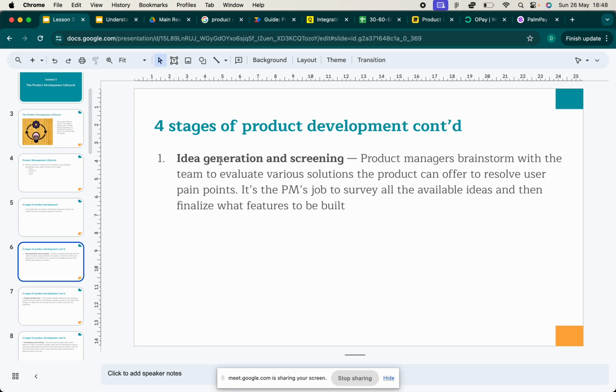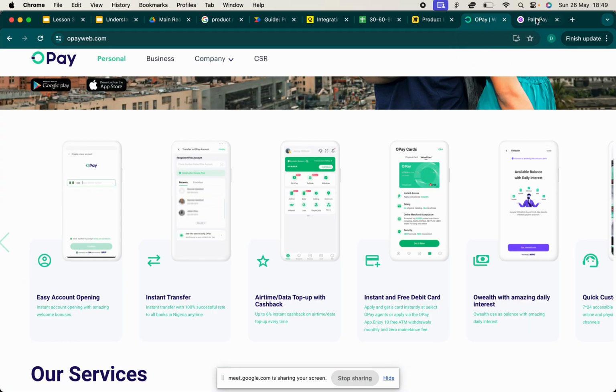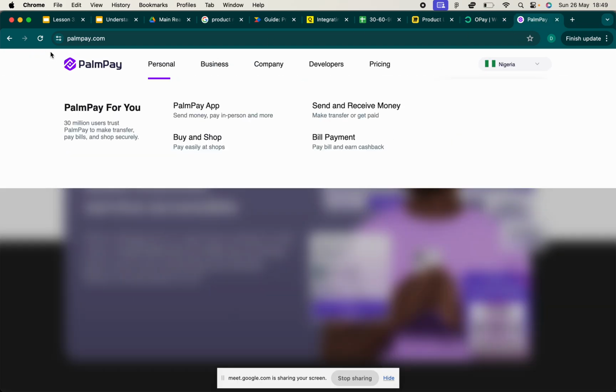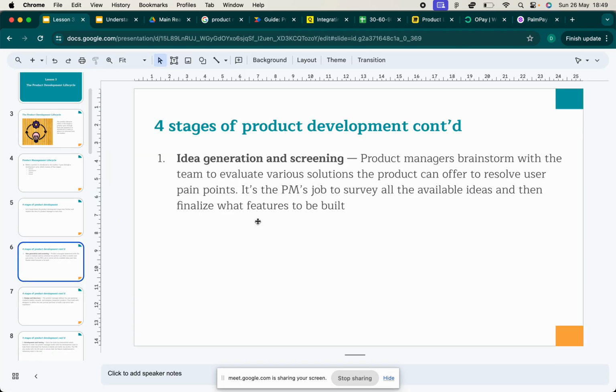And then OPay may say, okay, that's good, but we want to have more customers. We want to generate more people that are older, because the research shows that the older generation don't trust these new style banks. So the likes of OPay and PalmPay, they're not very trusted. People are afraid of keeping their money in these types of banks. And so OPay, that's a problem that they have.